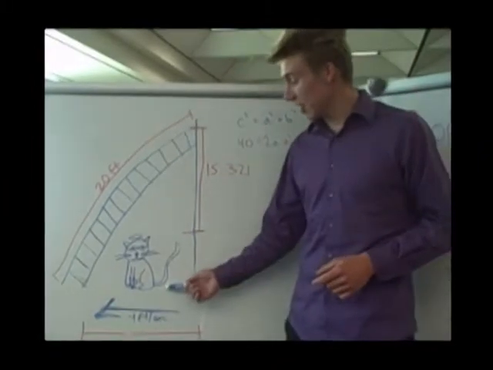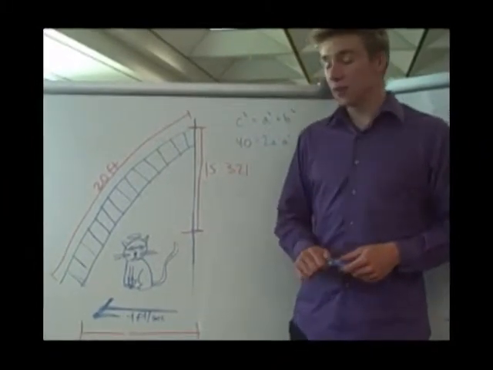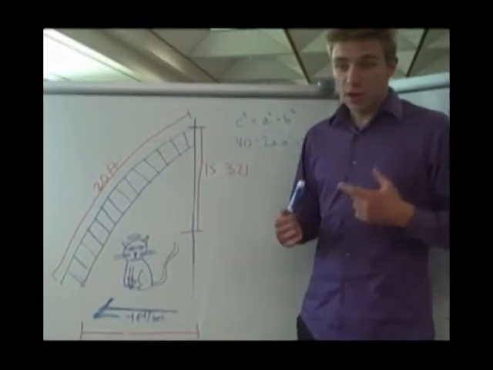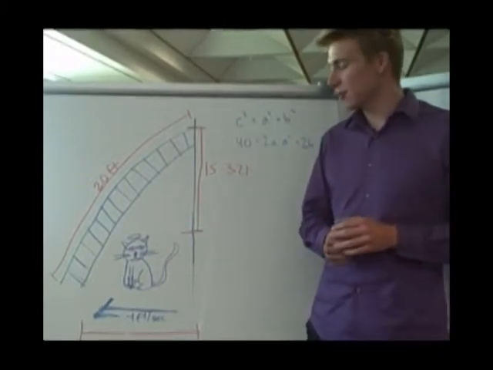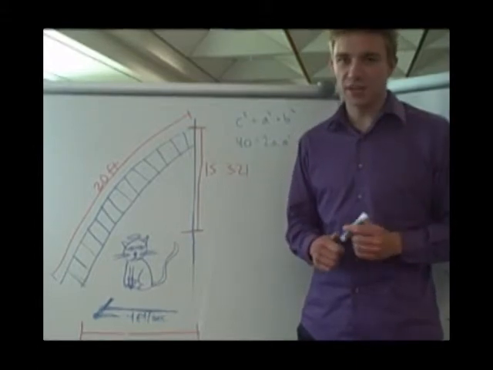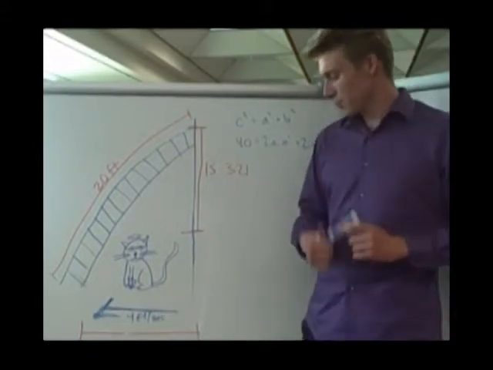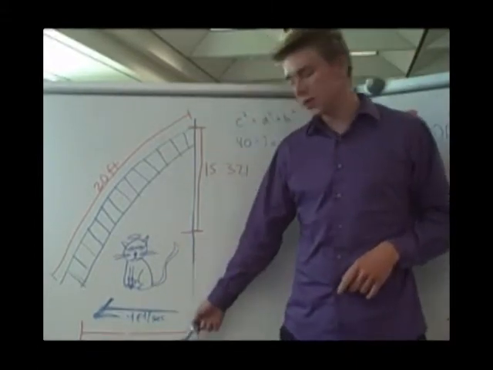So Mr. Torrey's cat here is sitting underneath a ladder that is sliding down the wall. Instead of going to rescue his poor cat, Mr. Torrey decides to sit down and do some calculus and figure out just how long he has before the cat is squished into oblivion. So we know that the base of the ladder is 10 feet away from the wall